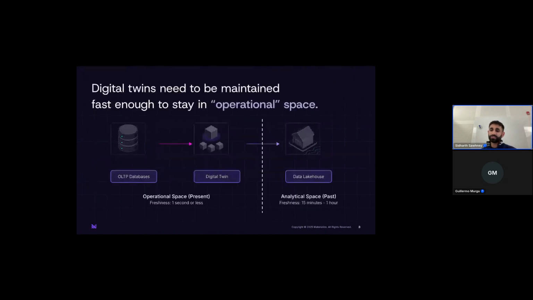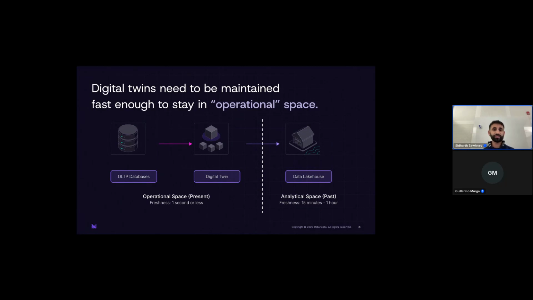One way to think about this fresh context is through the idea of digital twins. Digital twins need to be maintained in operational space. They are typically canonical business objects that we would keep live and up to date. So for any business, we want to think of the nouns of that business. For example, for Freshmart, there might be a concept of a shipment or an order or a supplier. And we want to make sure that the information regarding that noun always stays up to date.